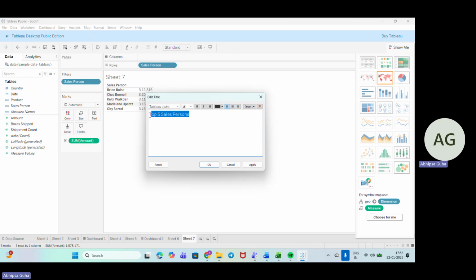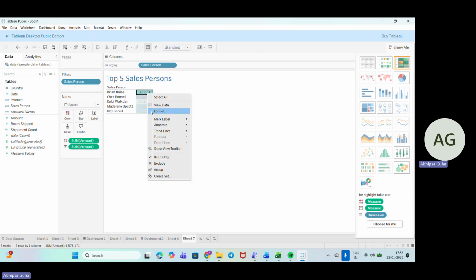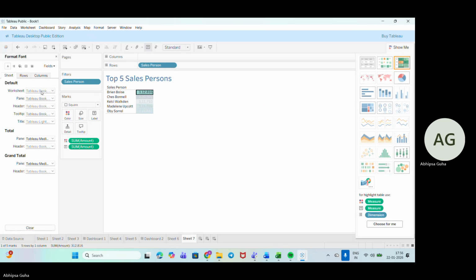So I'll just go here and increase it to 20 like this. I'll go here and put it like this. Okay, and I'll check for this. So these are the values where we have got the details. This is the salesperson with this. Here I can go down and format.